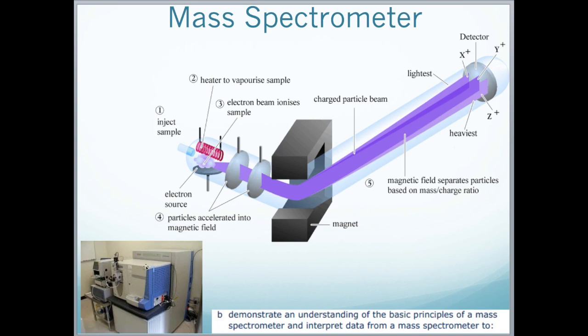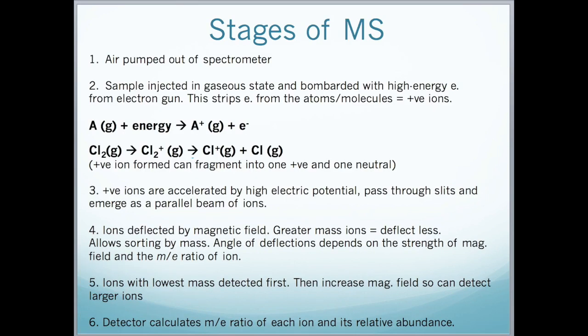And this is what a modern mass spectrometer looks like. In a lab, this would be the machine that we would be using. Here again, I've written out all the stages of mass spectrometry. The key things to know: we might sometimes be asked to write out